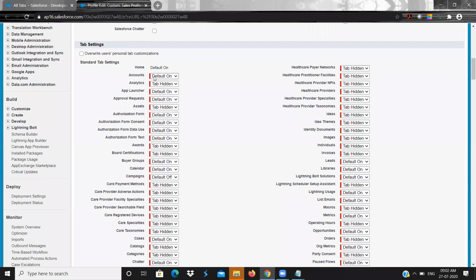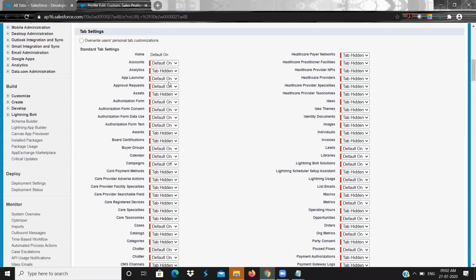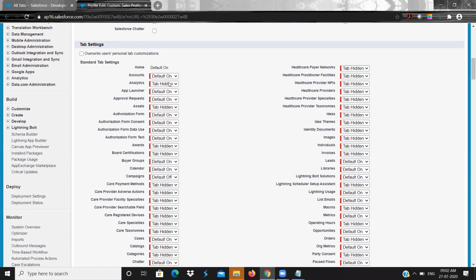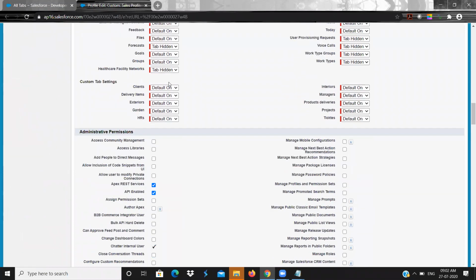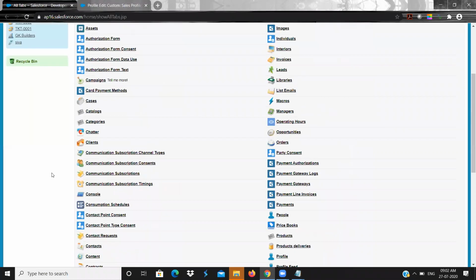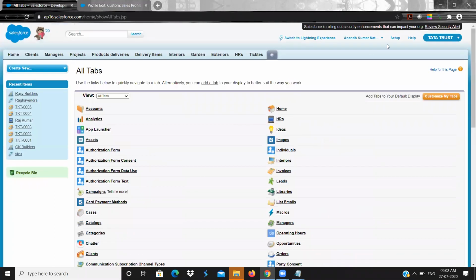First, in order to show an object in a tab, you need to create a tab for the object. After creating the tab only, you will have this access. If you did not create a tab, you cannot see this. For a custom object, if you did not have a tab, you cannot see these things. I think you have some custom objects.